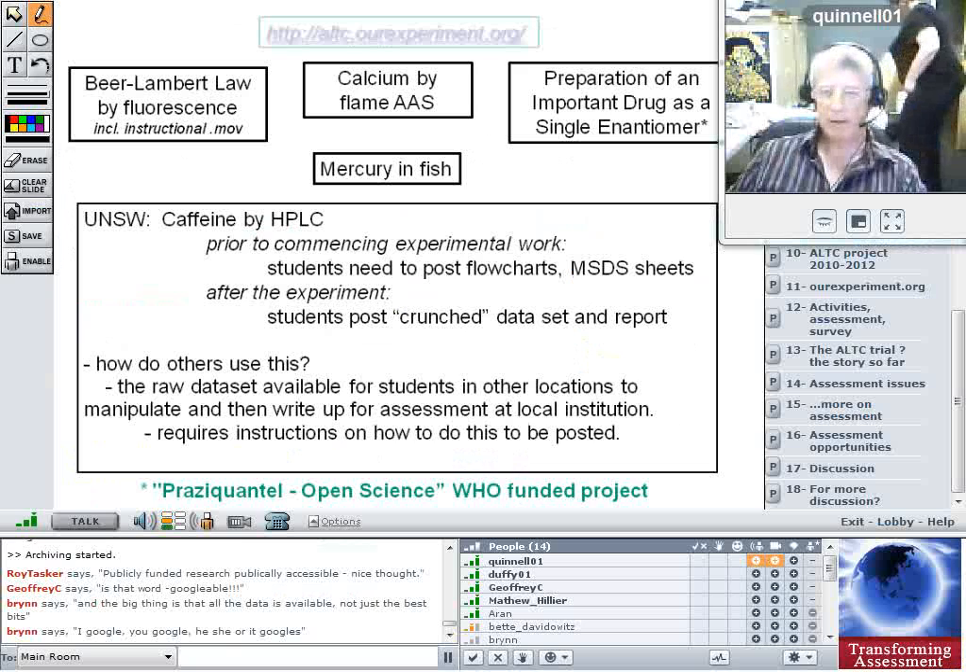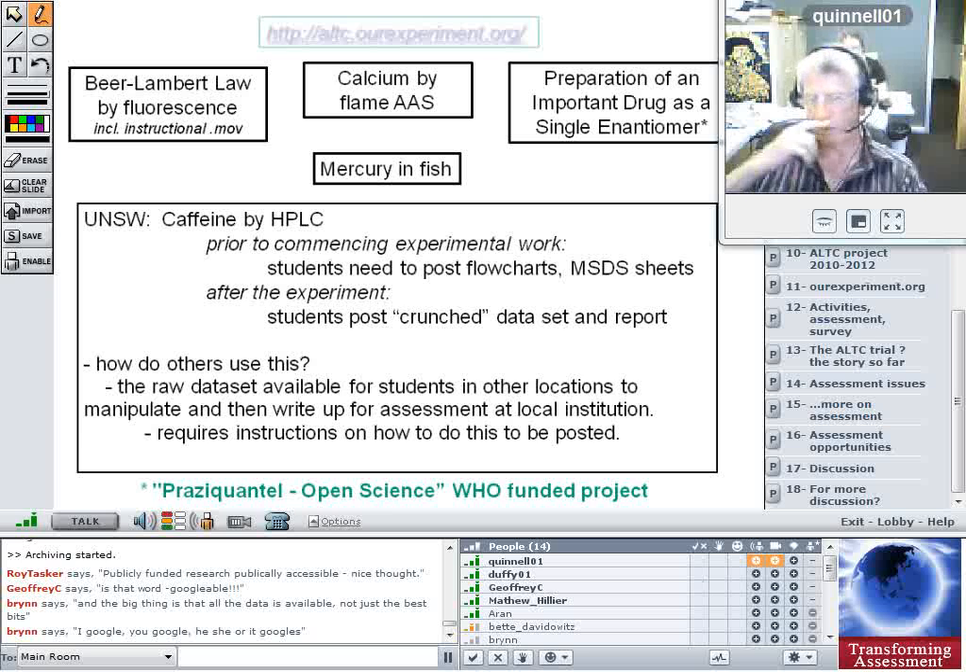Okay, so what you should see now is the experiments we've been looking at. So Caffeine by HPLC is an experiment that's run at UNSW. The students here would normally prepare, based on MSDS data sheets and so on, a risk assessment. And the process we're looking at is the MSDSs, etc. The risk assessments are posted by the students at UNSW, and then students from other institutions are invited to comment